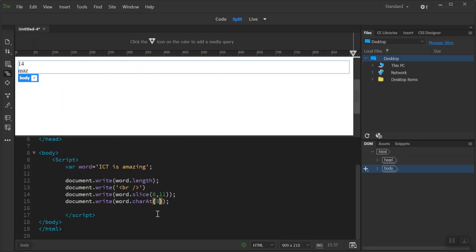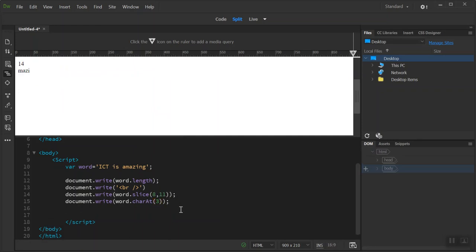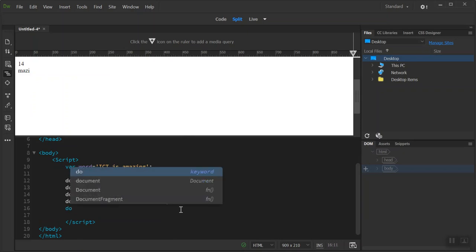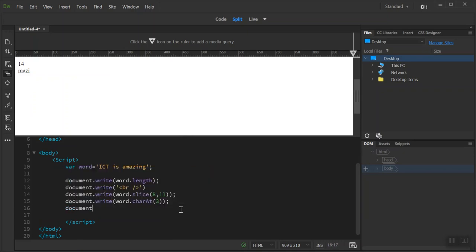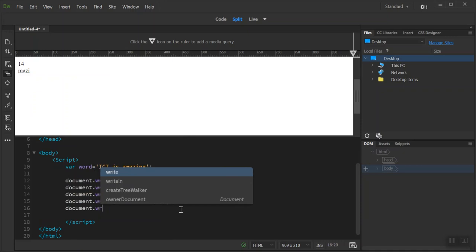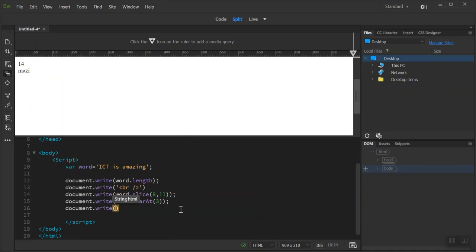Let's say I'm just taking it 4. So you can see the 4 is there, I. So it's working. So 3 is the space. As the question says, we will not disturb it. And the third one, the final one, is document dot write